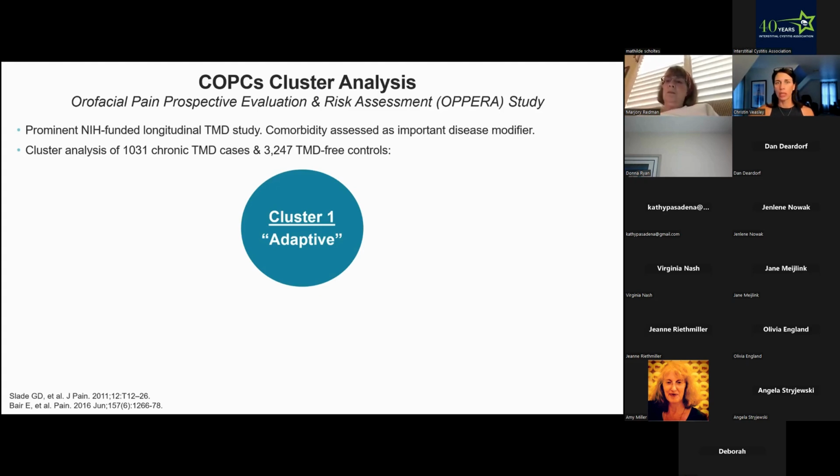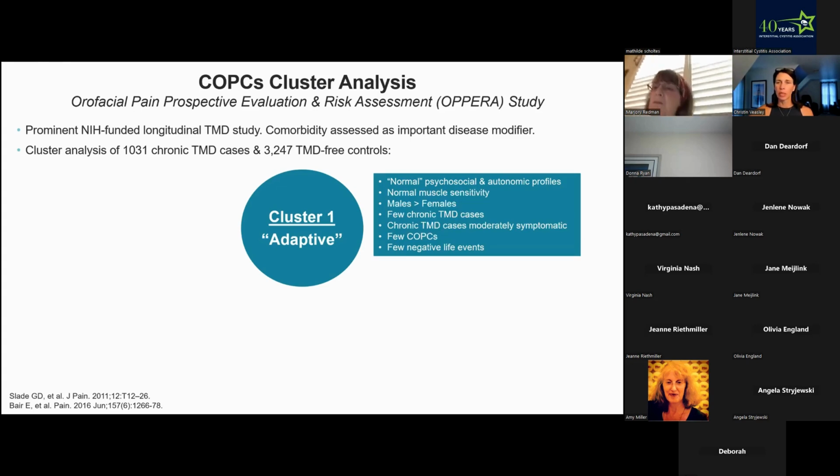So cluster 1, they identified and labeled as adaptive. So these were people that had relatively normal psychosocial and autonomic profiles, normal muscle sensitivity. There were more men than women in this group, very few chronic TMD cases. The chronic TMD cases that were in this group were moderately symptomatic, very few overlapping conditions, and few negative life